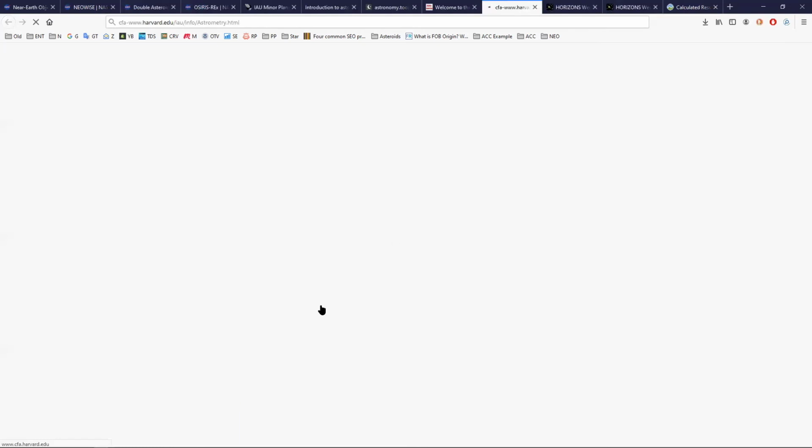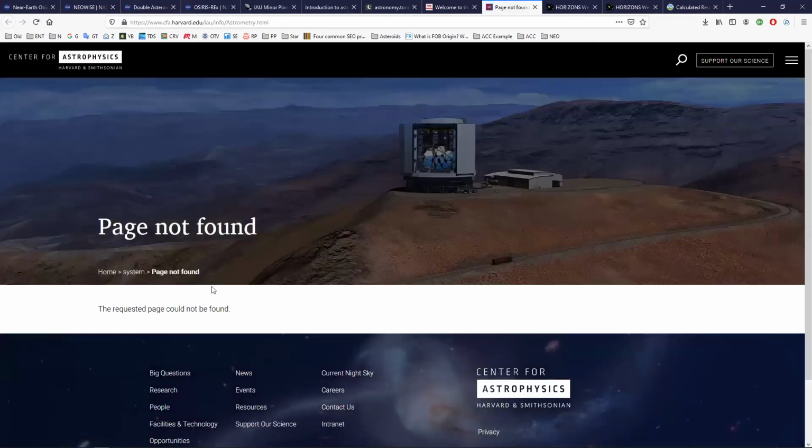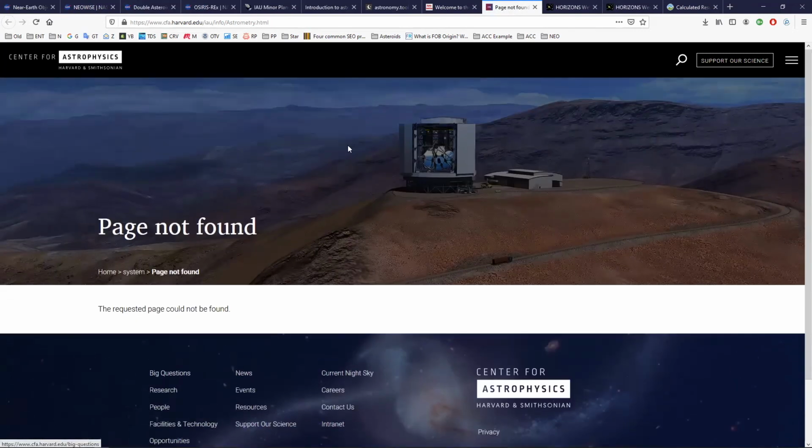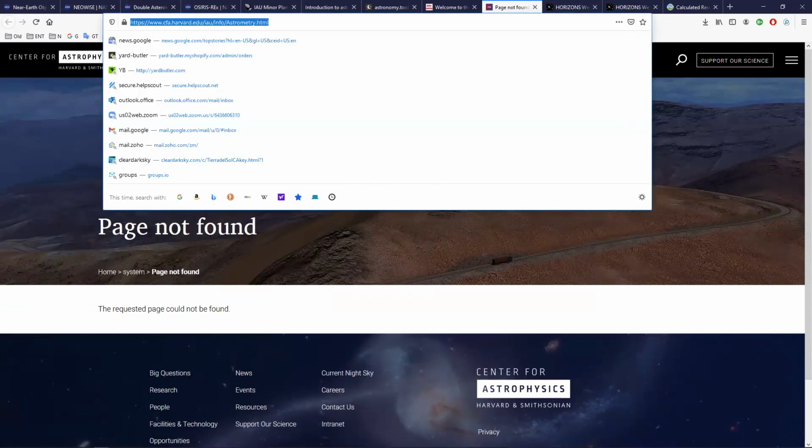There it is. Here we go. So this is on astrometry, and this gets you, oh shoot, they removed it. It's somewhere else. Oh no, Mr. Bill, the Center for Astrophysics. And they are part of this as well. So that's an old link. I am pretty sure if we just go to the Minor Planet Center itself,